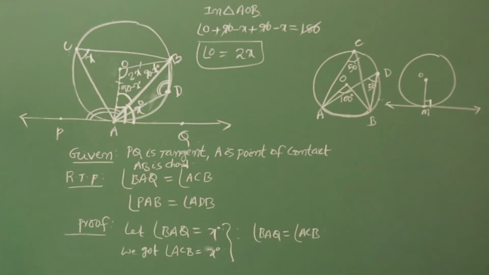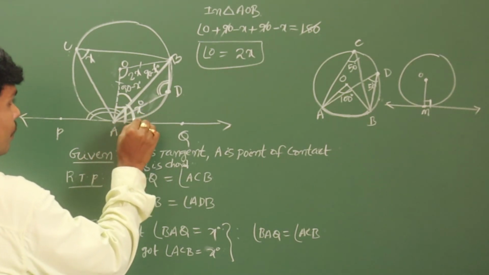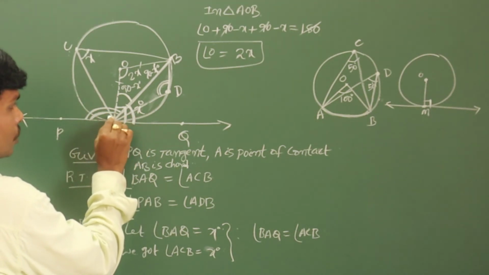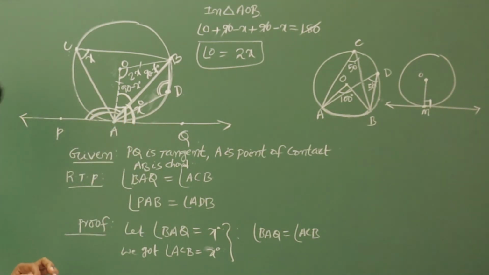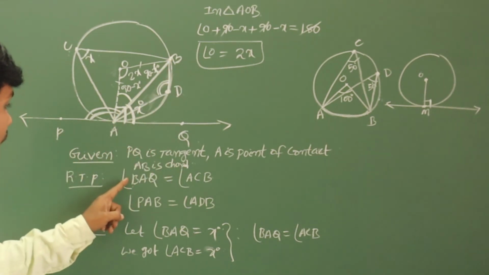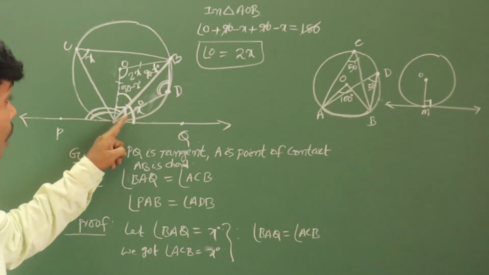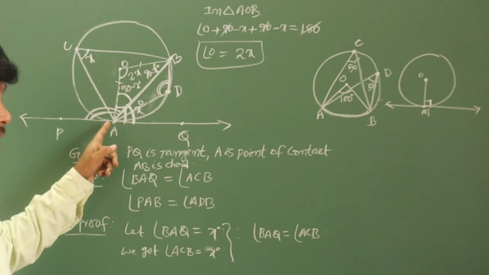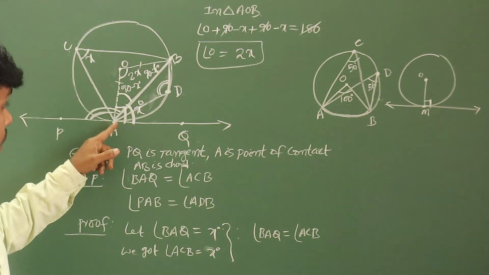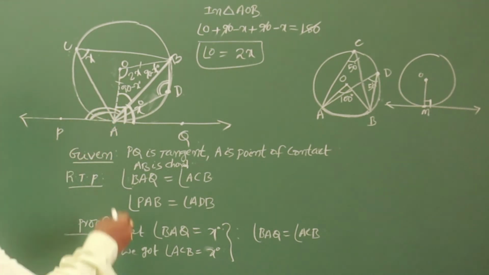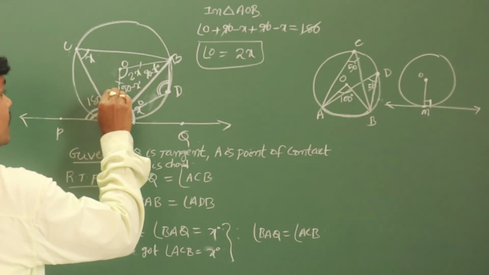Got it, very easy. Okay, observe. This angle is X degrees, no? And this is how much? Because these two form a linear pair. Angle BAQ and PAB, these two angles form a linear pair. These are all basics you learned in 6th class. It is X degrees, it is a linear pair, so definitely it is 180 minus X degrees.